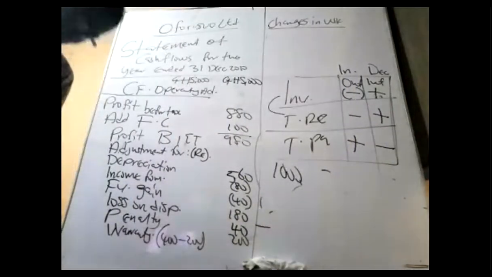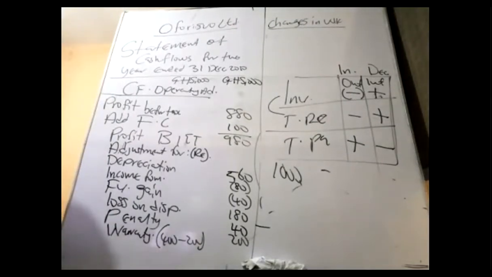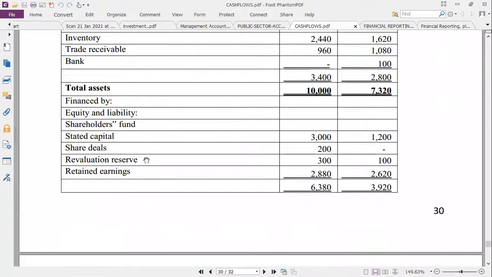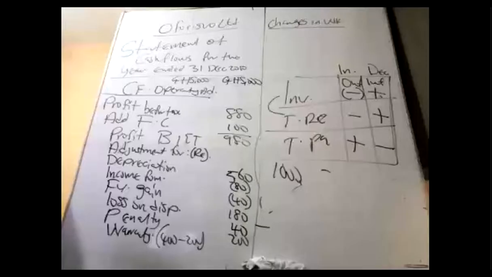Let's continue again. So kindly check for me. When you start, just check whether it has increased or decreased. But here, I'll provide another shortcut. You will score higher workings here. So let's go. If you go to the inventory, at the start it is 1,620, at the end it is 2,440. It means that the inventory has increased over the period. So all you have to do is tell the examiner: increase in inventory.